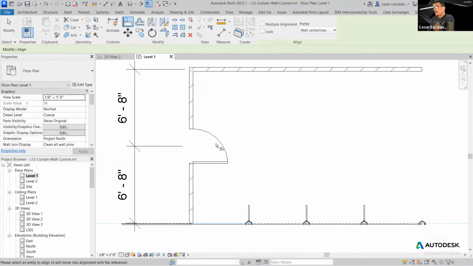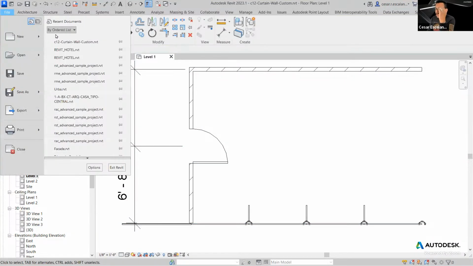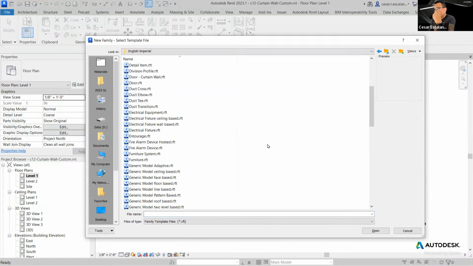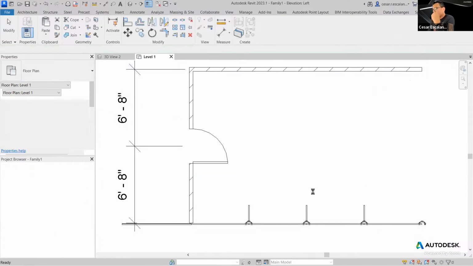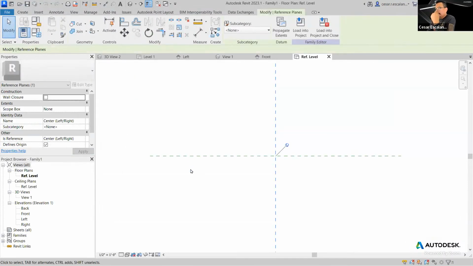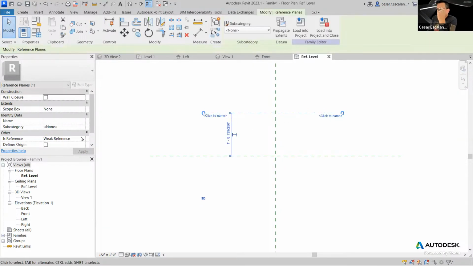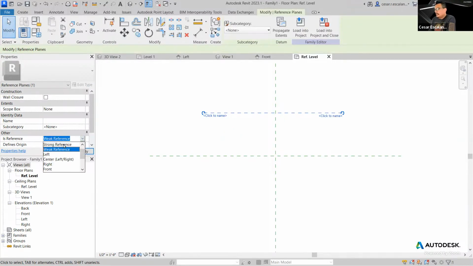You can't highlight these reference planes or working planes in the project context. So when we are in the middle of creating a new family, I'm just going to create a new family using the generic model template, and I create a new reference plane. Notice that the default value is weak reference. But you have strong reference and weak reference, and then you have left, right, center. Everything under the weak reference option are named references, and by default,